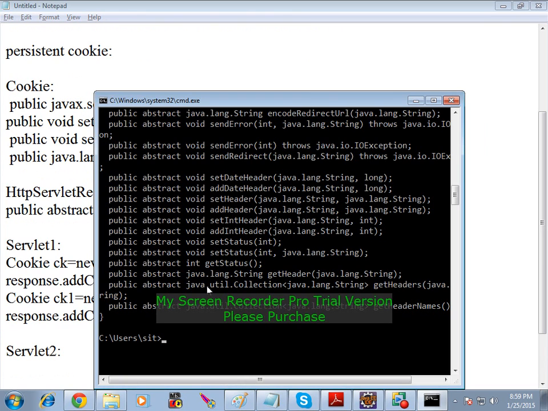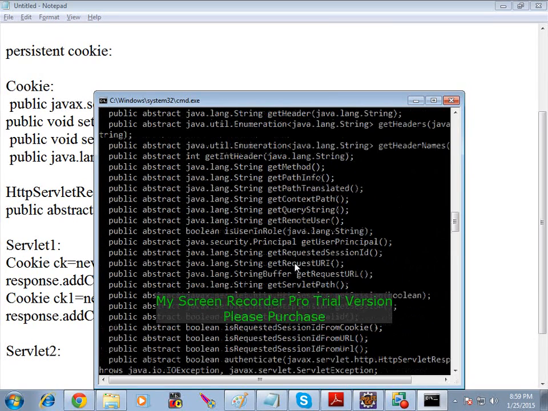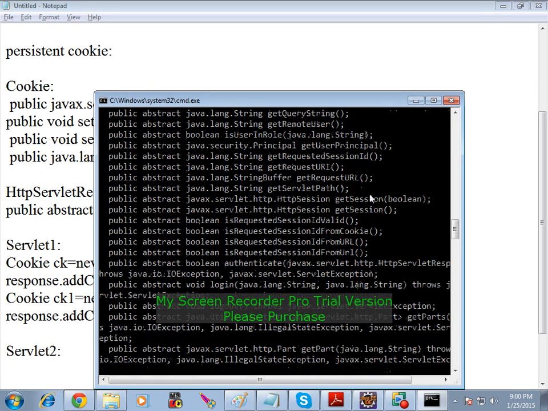So how to get those things? javap javax.servlet.http.HttpServletRequest. In that we are having a method known as getCookies.